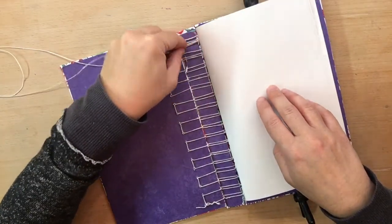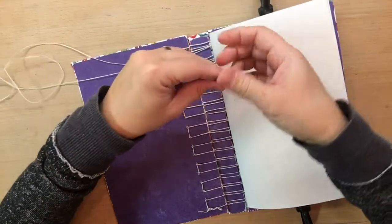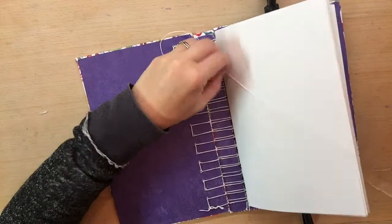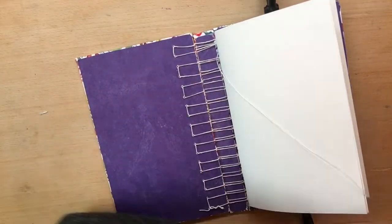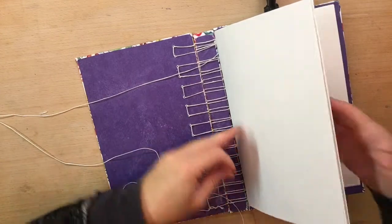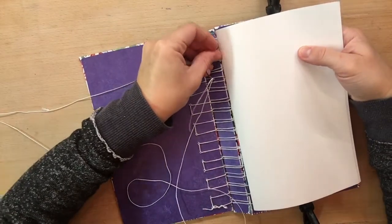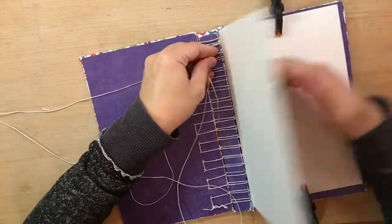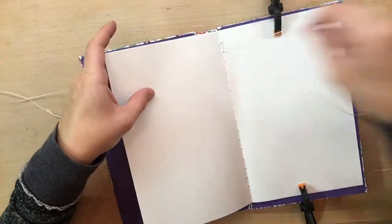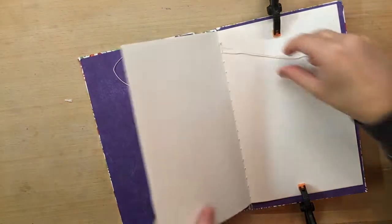So when I say set, it's 2 strings that you are sewing together at a time. If you look at your spine, they should have been on there in sets. You can see on my spine, it's on there in sets. And so each time you're going under 2 strings. Now I'm going back up through that second hole, and I'm going to pull through all of my string again,